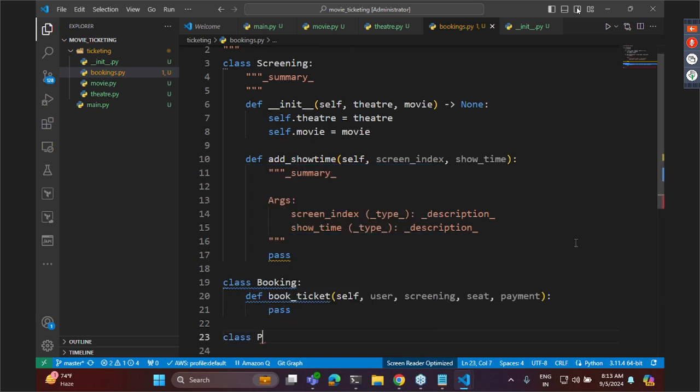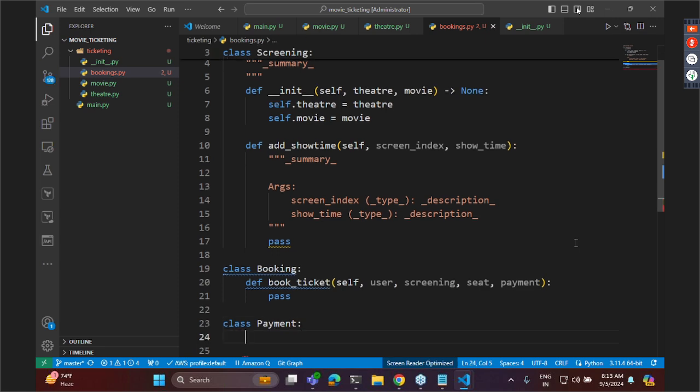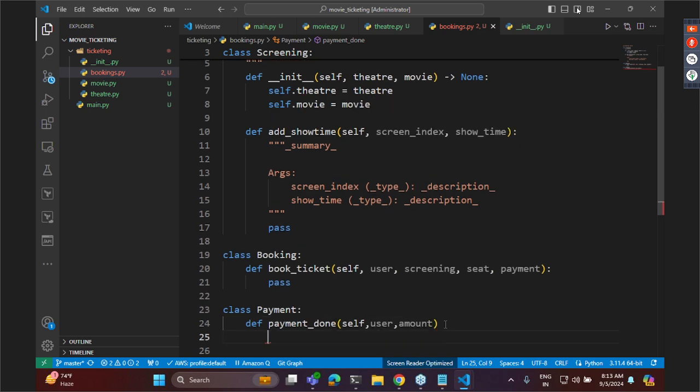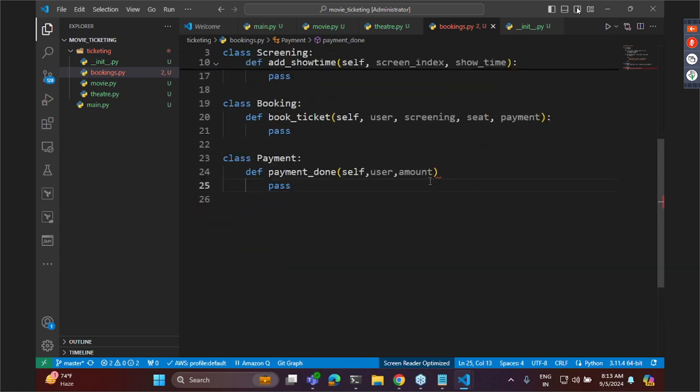Now in the same way, I'll try to have a class payment. This is all about what is the payment which is done by. Okay, define something like payment done by which user. Okay, and what is the amount. Now over here, if this method basically approves that the payment is done, then the ticket will be booked. Okay, so do I have multiple classes now? Yes. Right. Now I don't want to get too deep into mode of payment,